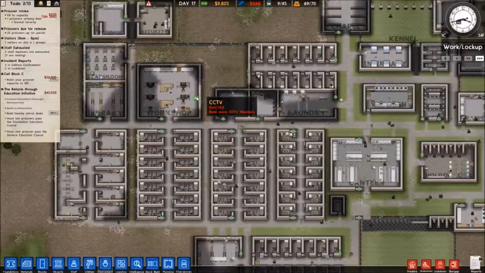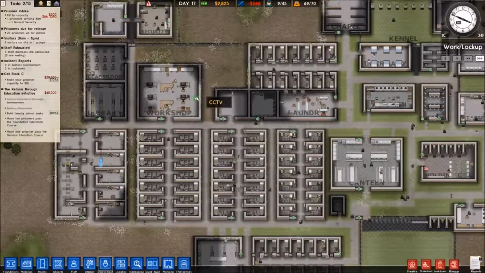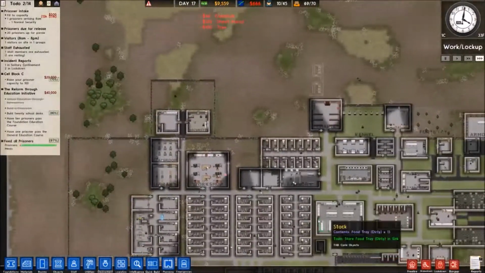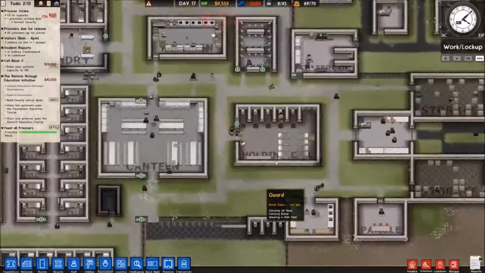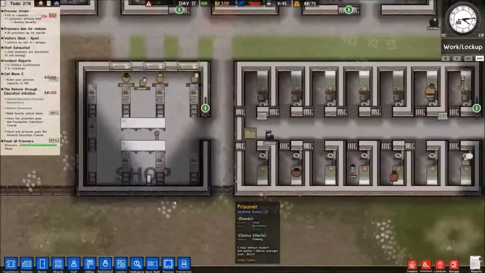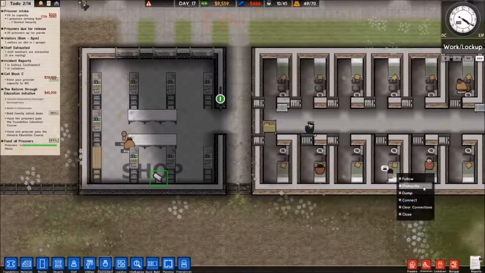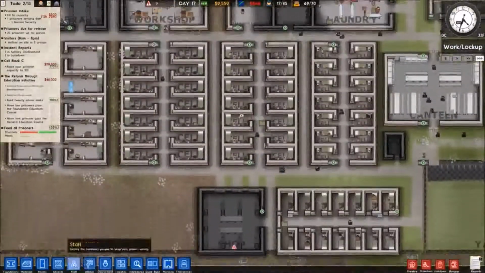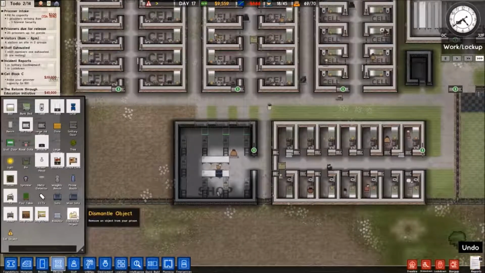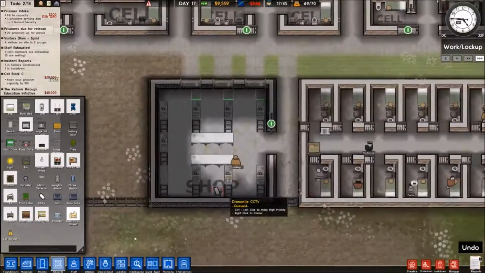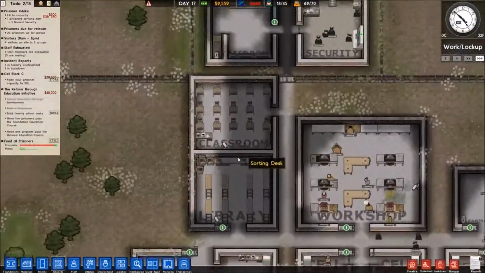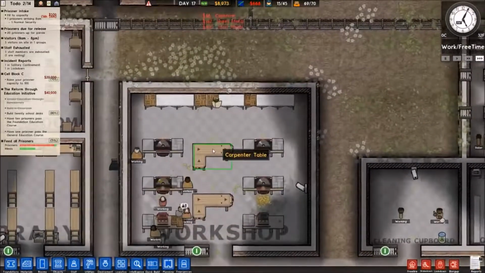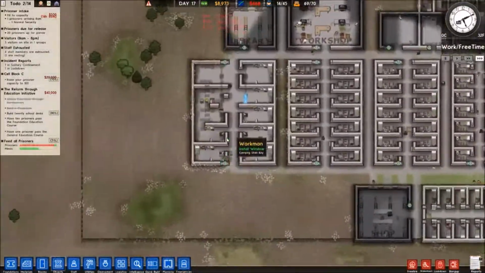What's this with this thing? CCTV monitors. We need more monitors? Is that what's happening? Is there like a limit on the number of monitors we can have? Because that just irks me. You know what? I think we have too many. And since we have too many, we're just going to turn that one off. I don't think we really need that one on. It's not an important part of the prison, really. We don't really need somebody watching the shop. I don't think anything terrible is going to happen inside of the shop. We're just going to have to focus on the things that are likely to be trouble.